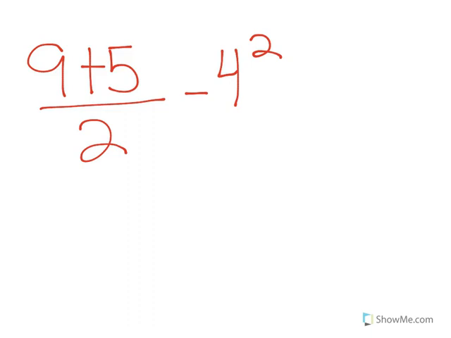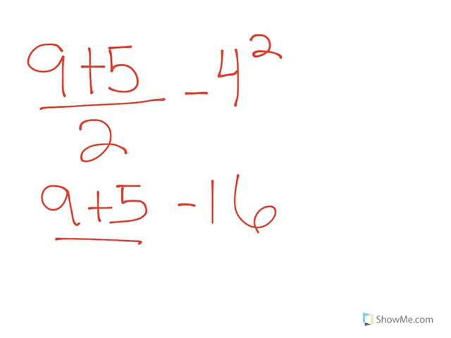Alright, hopefully you realize there's no parentheses, so the next spot would be to deal with the exponent. So the exponent is 4 squared, that gives me 16. Then I have 9 plus 5 over 2. That bar, that fraction bar, means division. Don't forget that. So 9 plus 5 gives me